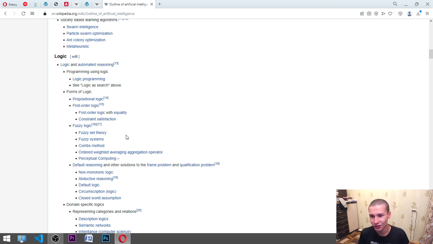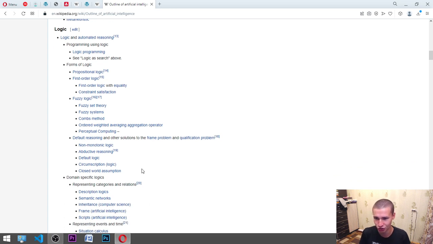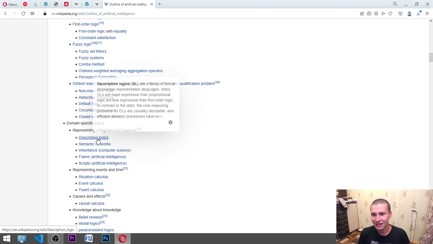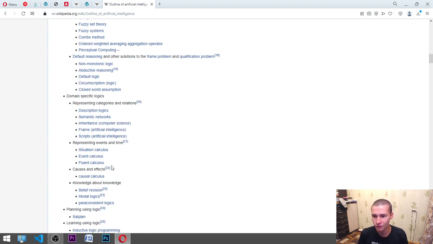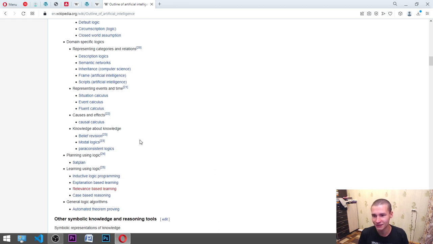non-monotonic logic, abductive reasoning, default logic, circumscription logic, closed world assumption, domain-specific logics, representing categories and relations, description logics, semantic networks, inheritance computer science, frame artificial intelligence, scripts artificial intelligence, representing events and time, situation calculus, event calculus, fluent calculus, causes and effects, causal calculus, knowledge about knowledge, belief revision, modal logics, paraconsistent logics, planning using logic, SATplan, learning using logic, inductive logic